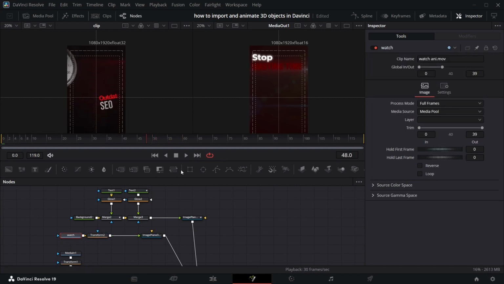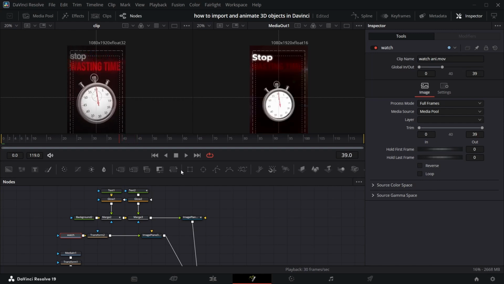Well, we find the frame at which the watch disappears. Okay, it disappears at frame 39. So we're going to go to the watch, and this whole last frame, we're going to type 39 here. So if we play it now,